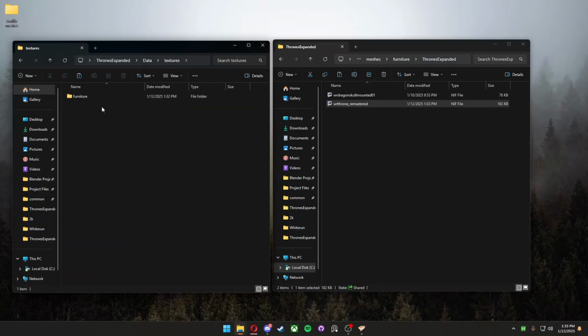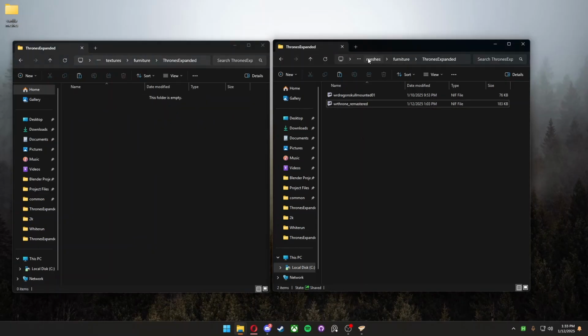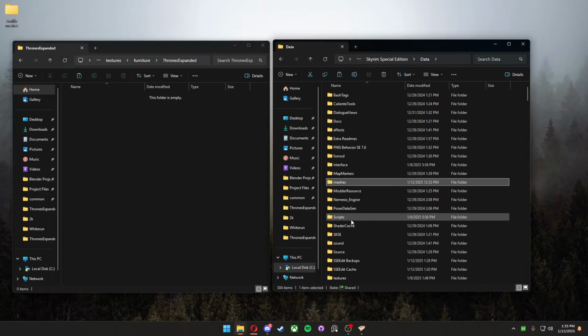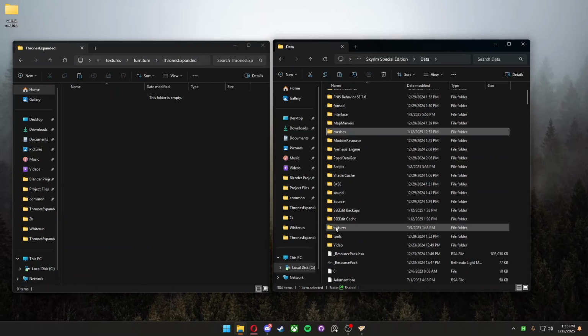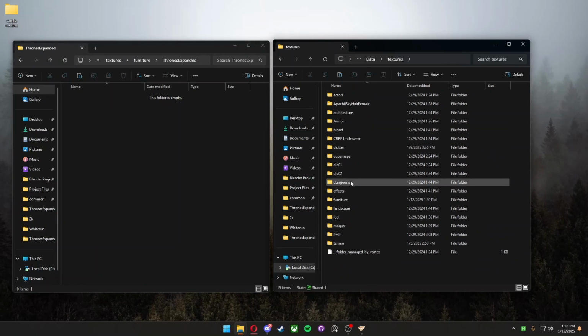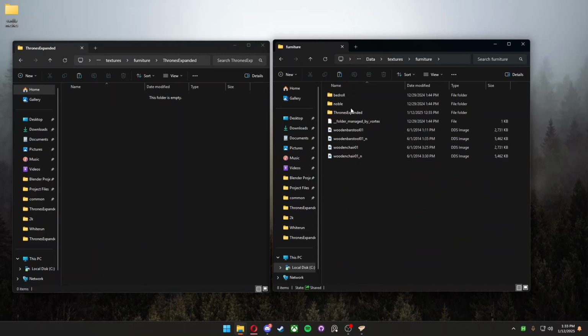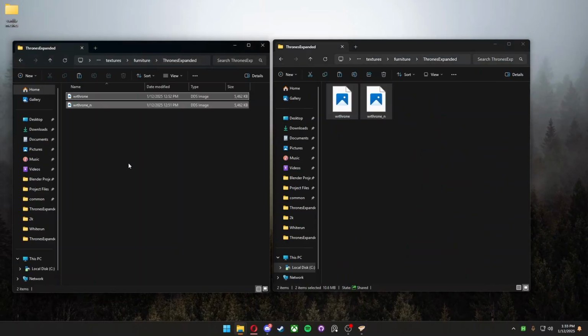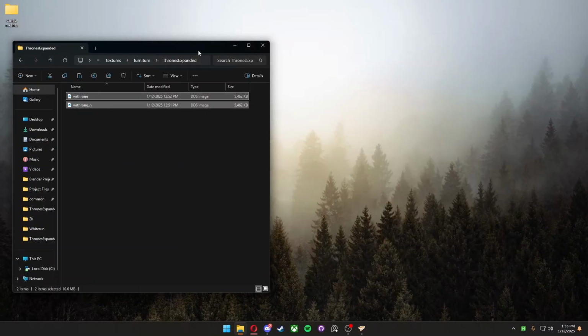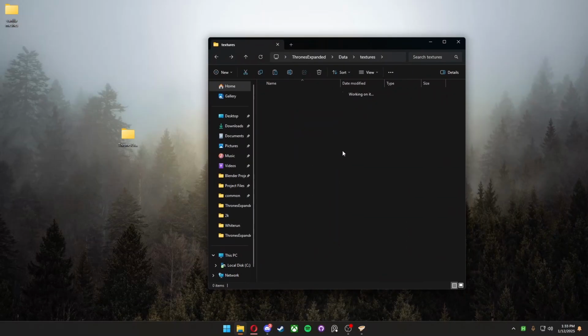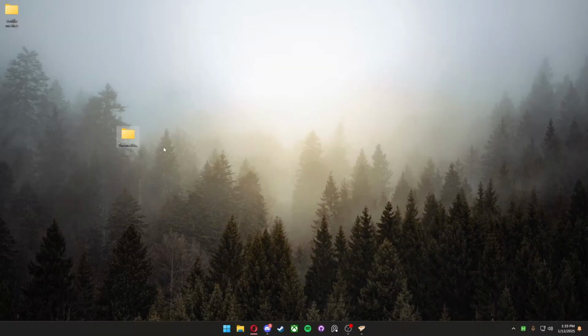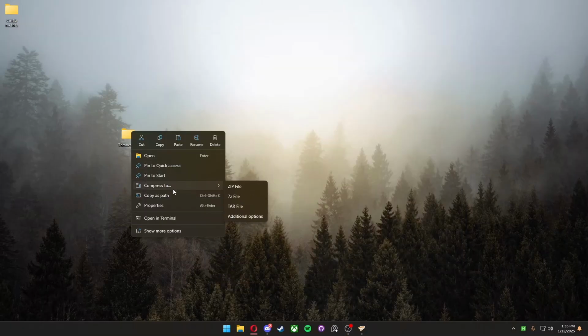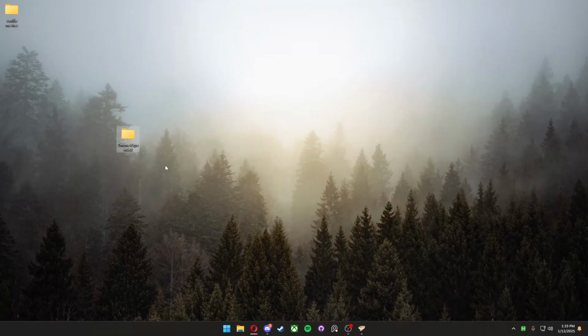And then over here in the textures folder on both your Skyrim data directory and your new mod folder directory, we're going to do the exact same thing, and then just copy these textures, close the Skyrim directory, and then it looks like we have everything there, and then right click, compress to zip file. And there you go. This is what you'll go ahead and upload to the Nexus,